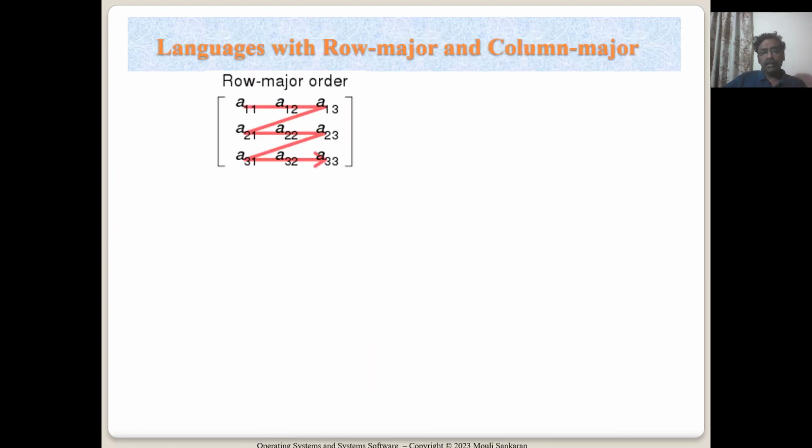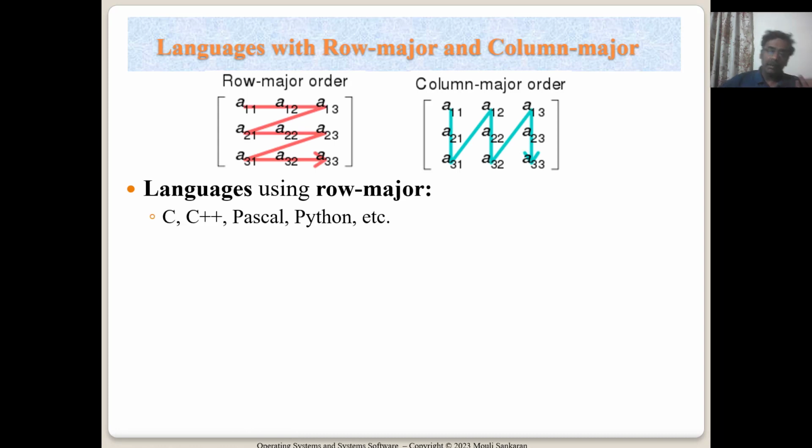Now, are there any other languages doing it in a different way? Yes. Whereas this whole family of languages, C, C++, Pascal and Python follow the row major way. Of course, you know that Python internally, the interpreter is implemented in C++ or C. So they have to have a common understanding of how an array is going to be stored. NumPy array is one of the popular